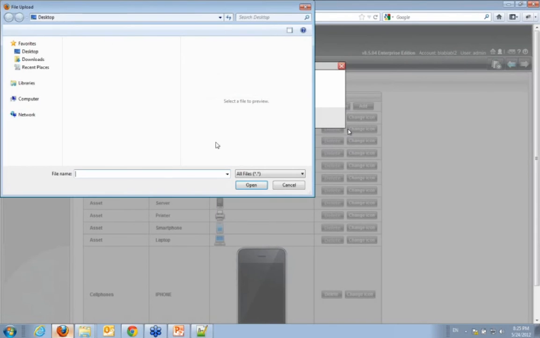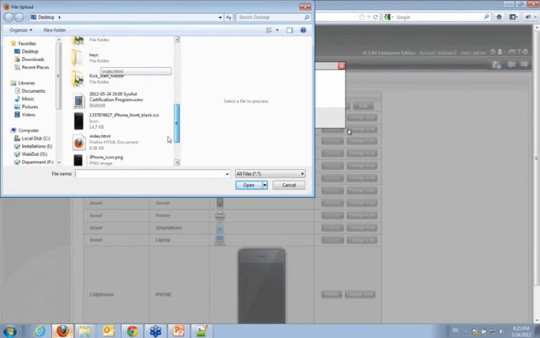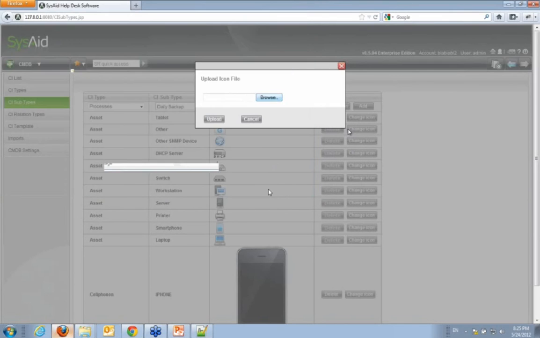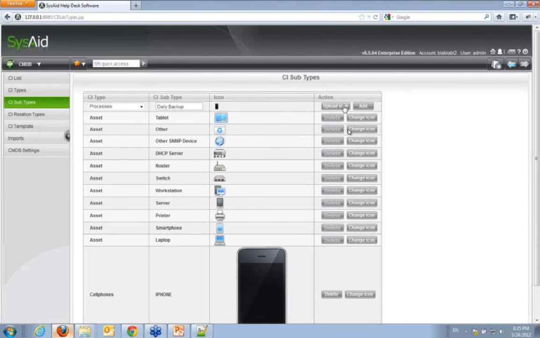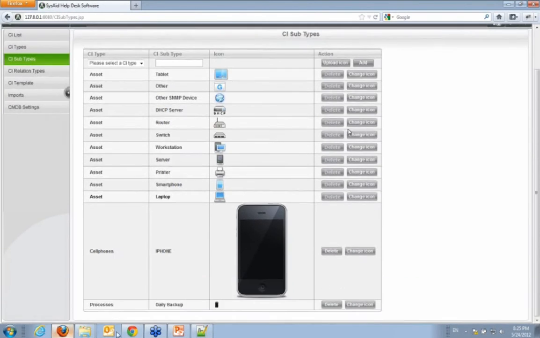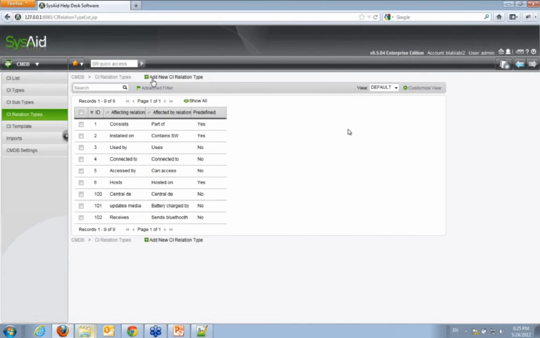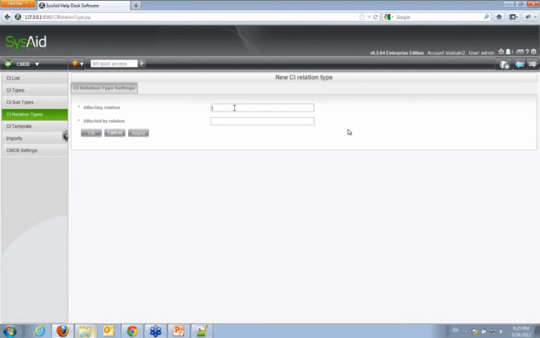Daily backup. I can add an icon. I don't know if I have here an icon of this small icon so we can see here. And we click add. And now for this daily backup, you can create a CI relation type. That means that it runs every Wednesday on. For example, let's create a CI relation type. Affecting relation: runs every Monday on, and the affected relation is triggered